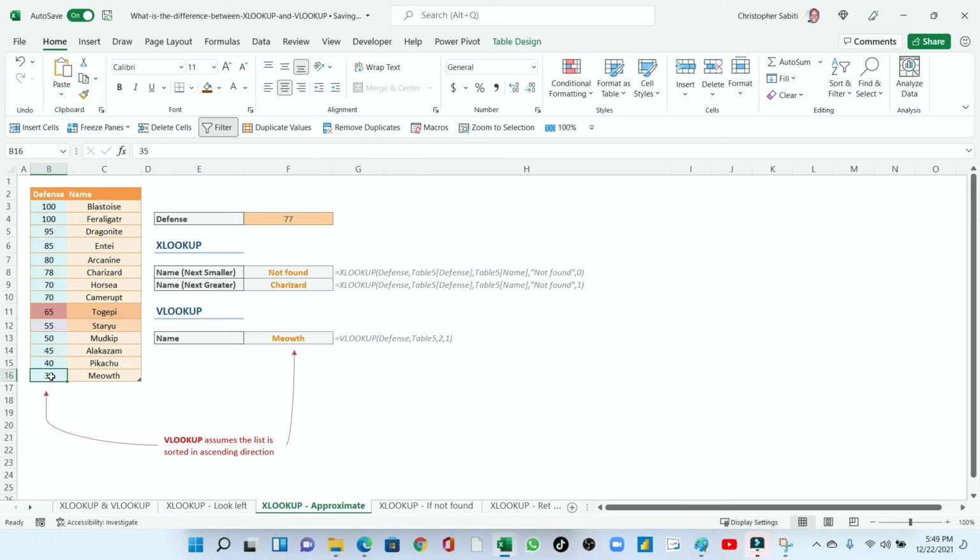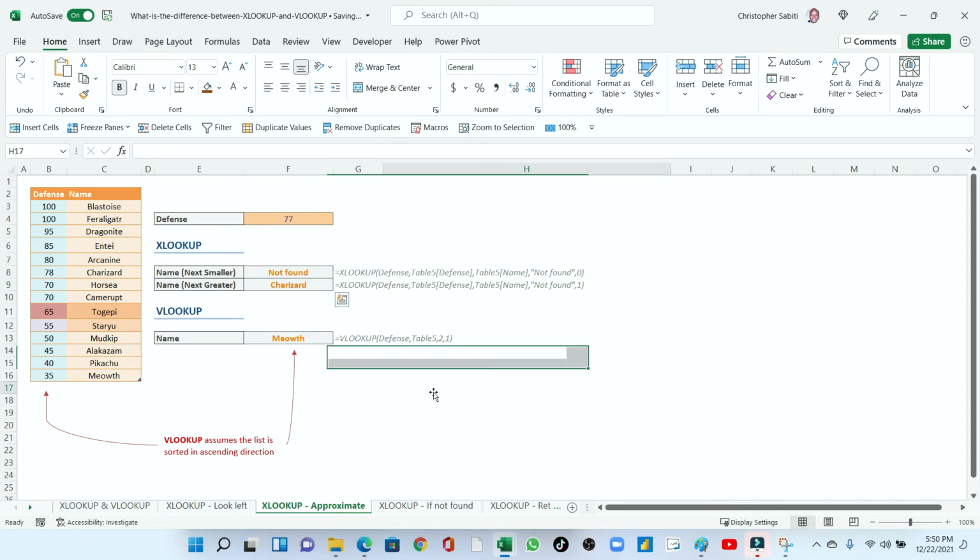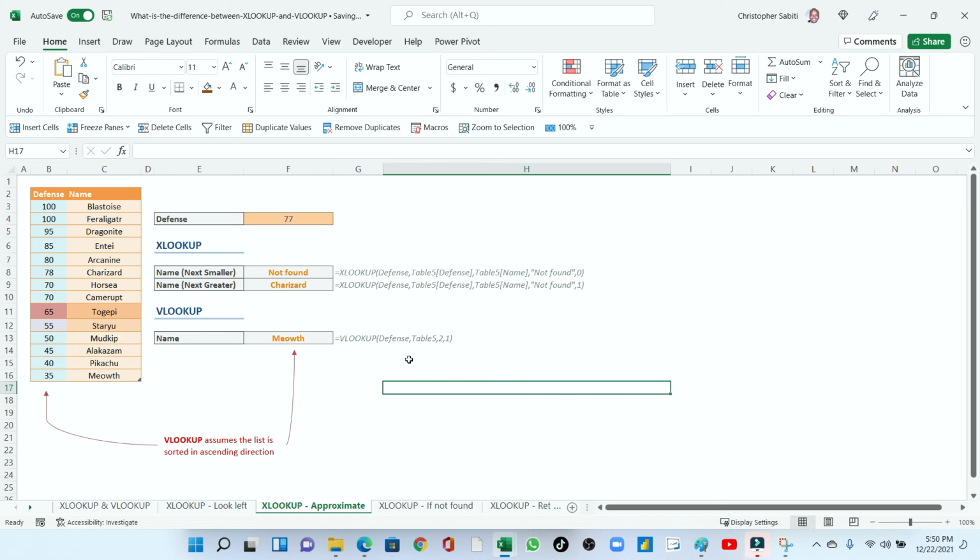It is counting from below, which means we assume that we have sorted this one in ascending order, so it picks out the first, which is 35, because 77 is not there. But otherwise, VLOOKUP becomes more accurate, picks for you the nearer smaller, or the nearer greater. So that is another difference between VLOOKUP and XLOOKUP.